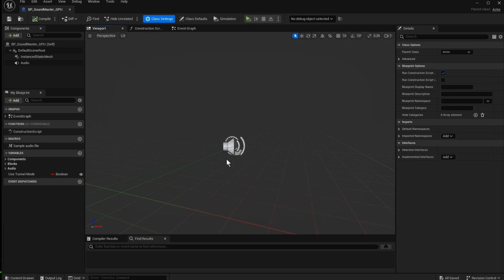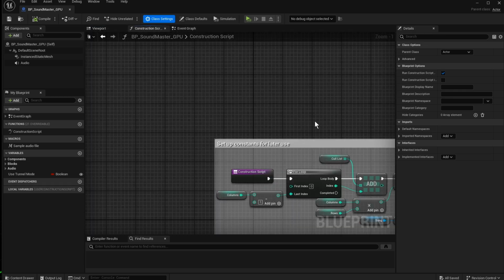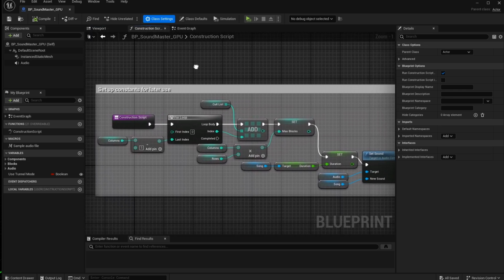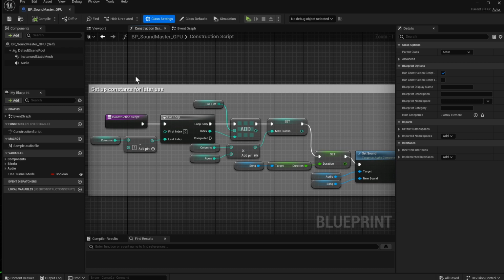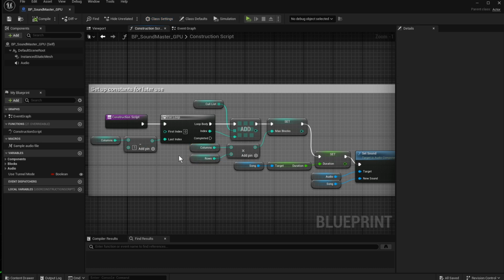There is nothing to see in the viewport of this VP, and that's because everything is spawned at runtime based on an audio file. So on construct, essentially all I'm doing here is setting up some variables which I'm going to need later. We're taking in a set of columns and rows. That's how many blocks there are that are going to be spawned for the audio thing, and we're using that to determine a maximum number of allowed blocks, as well as populate an array that will essentially be the indices